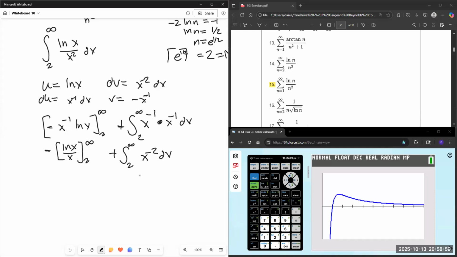And then using L'Hopital's rule, this is 1 over x over 1, which is the same thing as 1 over x from 2 to infinity. That's going to go from negative 0 to positive 1/2, plus x to the negative first from 2 to infinity is 1/2 plus 0 minus